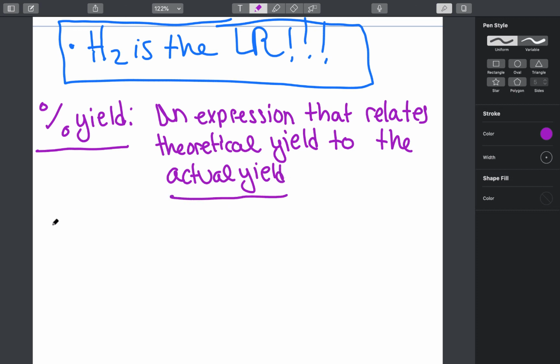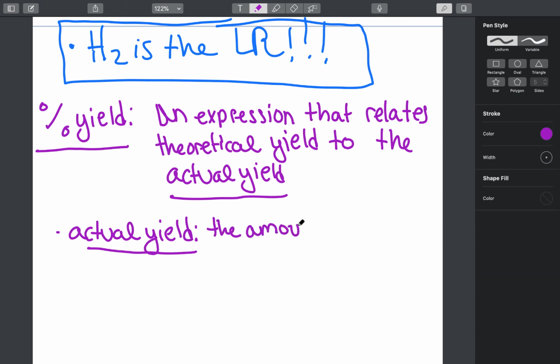So what is the actual yield? The actual yield is the amount you actually get in a reaction. So the amount of product